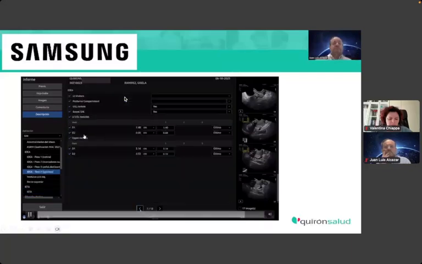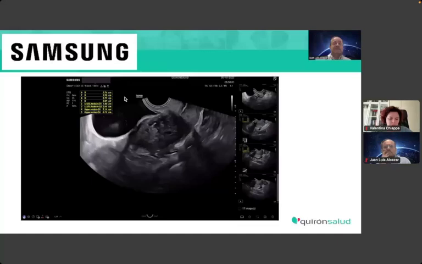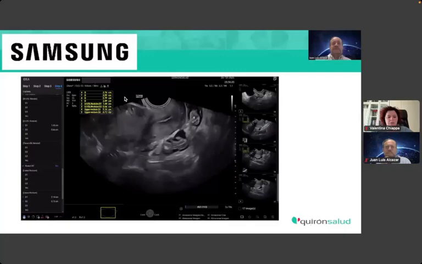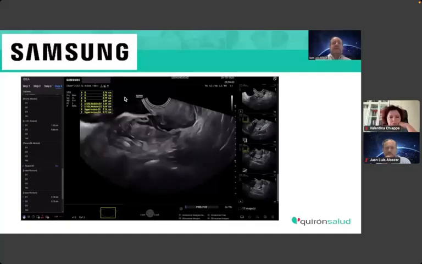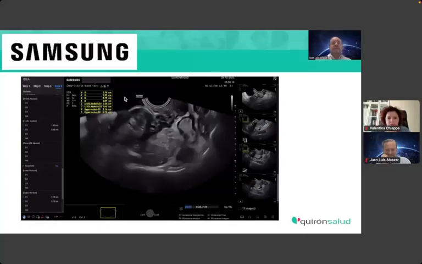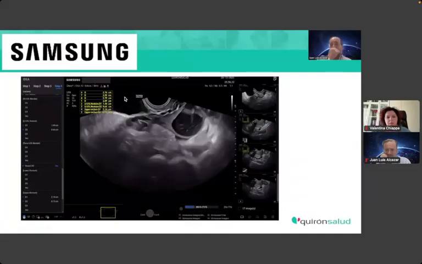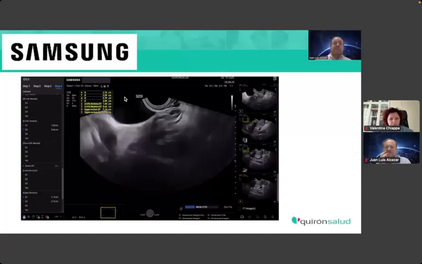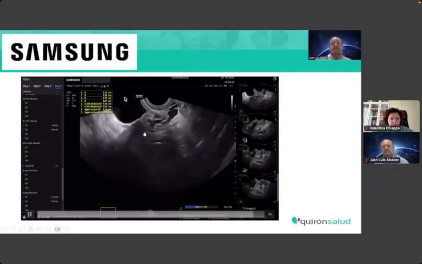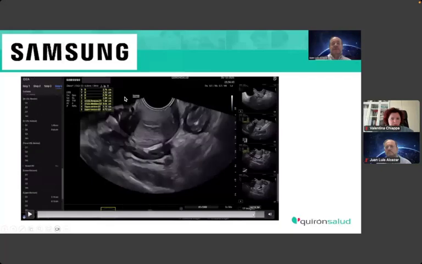tool. So basically, this is a pretty interesting tool because it can guide you, because you have to follow all the steps. It's difficult to forget anything if you follow this protocol. Clearly, particularly for non-expert examiners, it may be quite helpful just to have this tool implemented in their machines in order to perform a complete scan in a lady with suspected pelvic endometriosis. And you can see here a final review of all findings we have performed in this lesion. And then